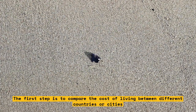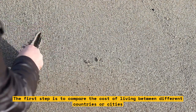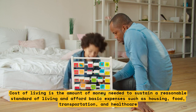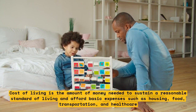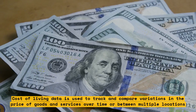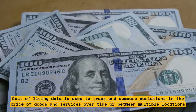The first step is to compare the cost of living between different countries or cities. Cost of living is the amount of money needed to sustain a reasonable standard of living and afford basic expenses such as housing, food, transportation, and healthcare. Cost of living data is used to track and compare variations in the price of goods and services over time